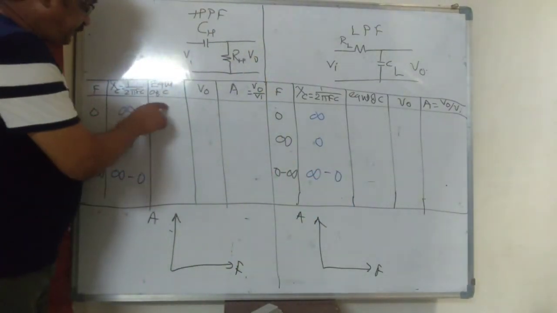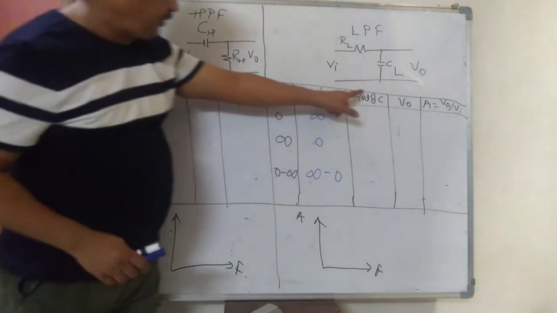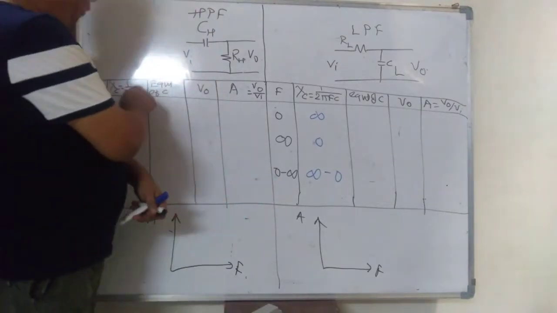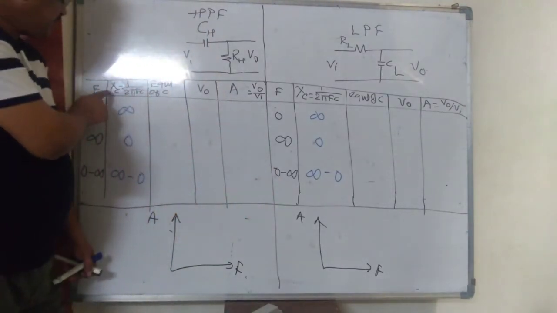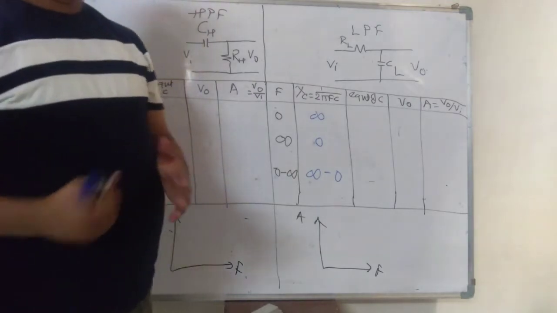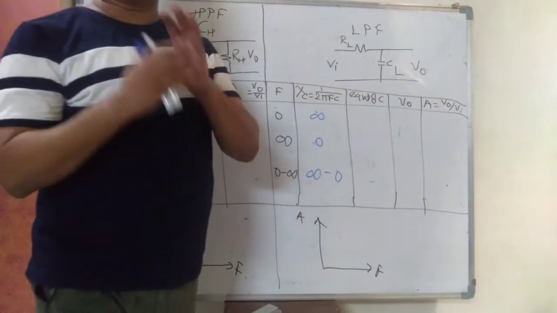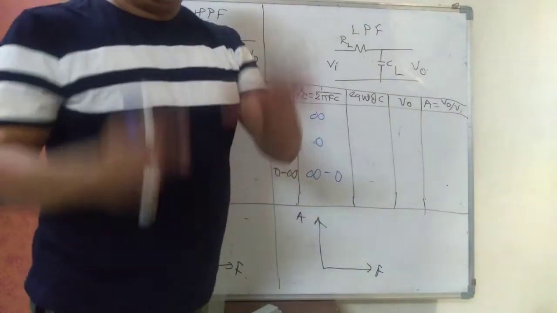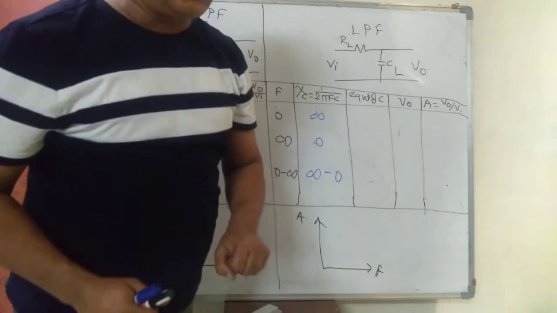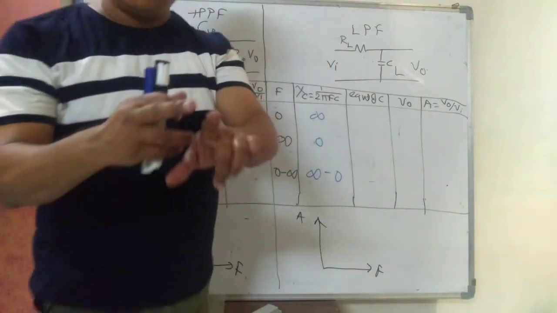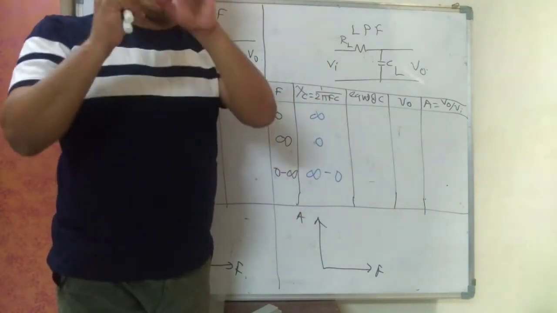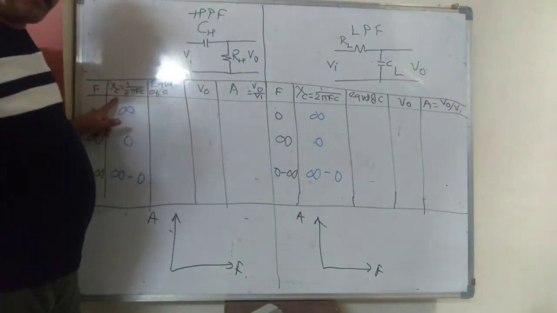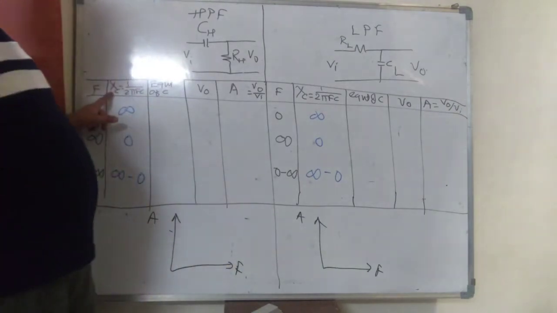Now when XC is infinity, what is the equivalent of capacitor? XC is known as reactance of capacitor. Reactance of capacitor means, as we define resistance as opposition to the flow of current, XC is capacitive reactance, opposition to the flow of current by capacitor. It also has the unit of ohm. Unit of resistance is ohm, opposition to the flow of current. Unit of XC is ohm, opposition to the flow of current.